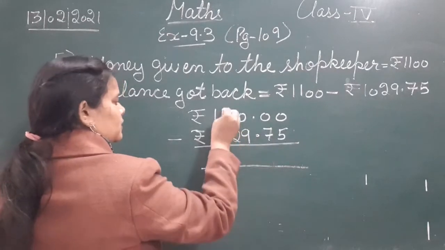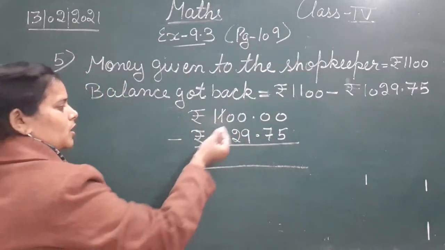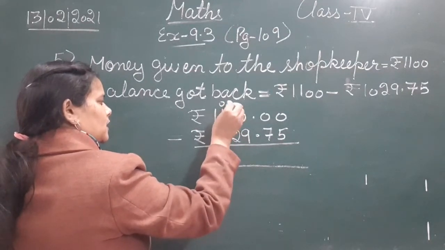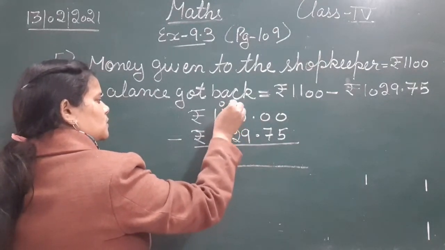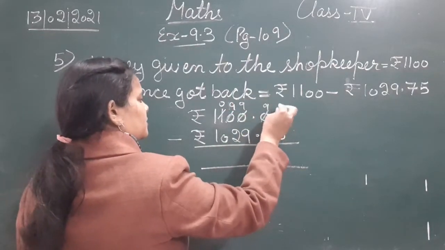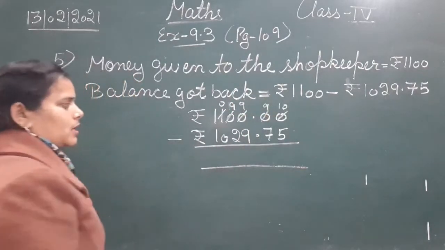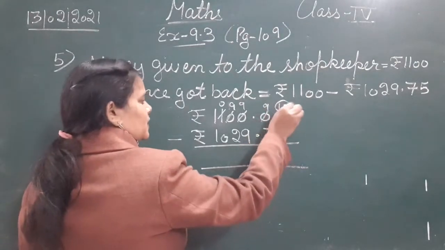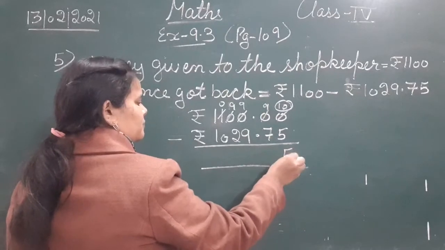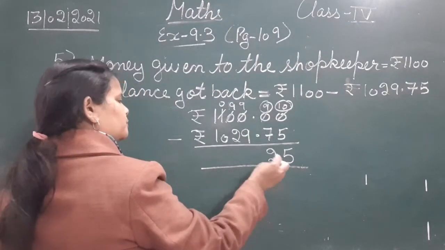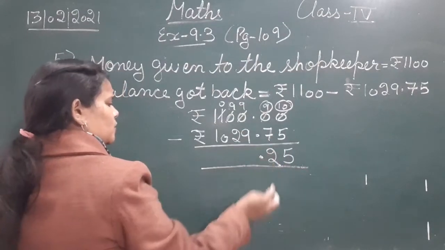Okay, so here it will directly borrow from here because all other numbers are 0. So it will become 0 and it will become 10 and it will get. So we will do the simple subtraction after carrying forward the borrow. So it will become like this. Okay, so let's subtract. So 10 minus 5 is 5. 9 minus 7 is 2.